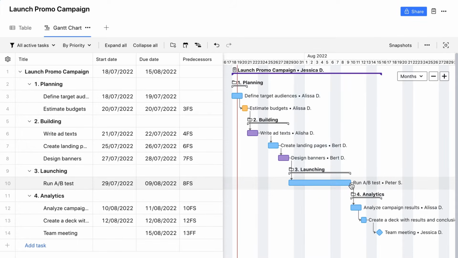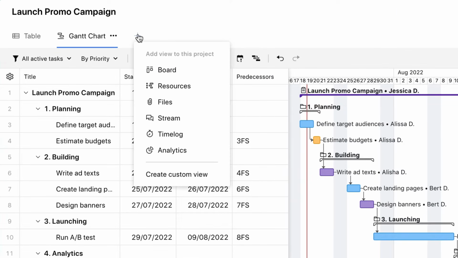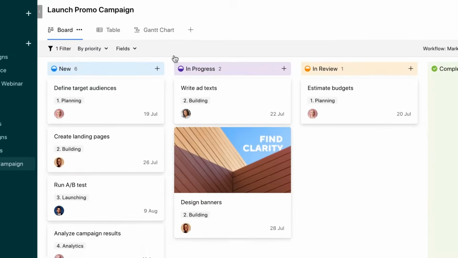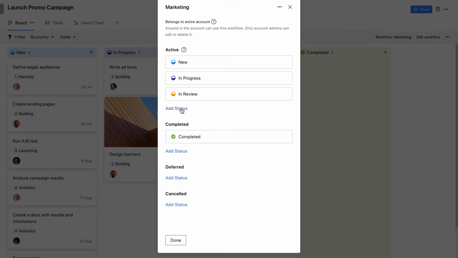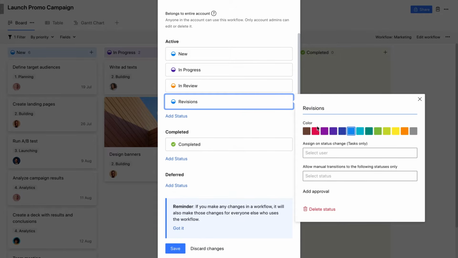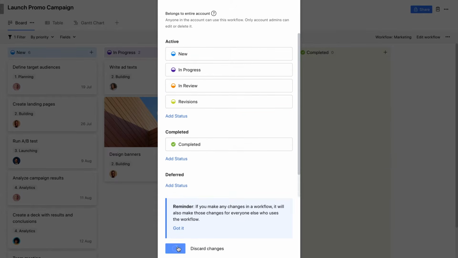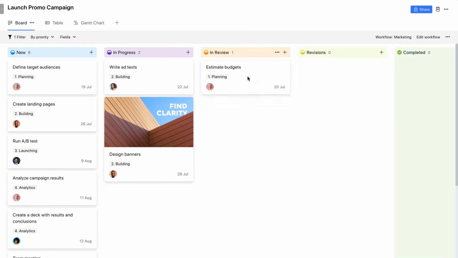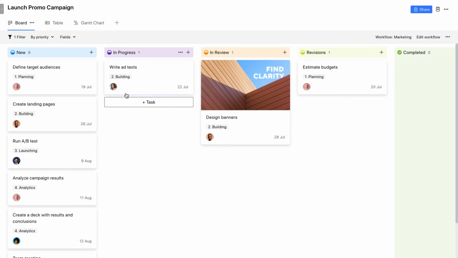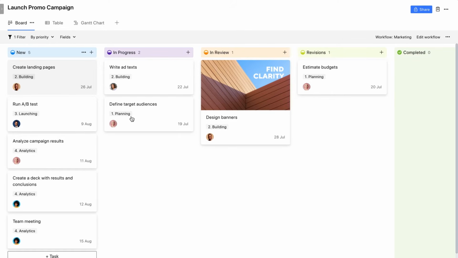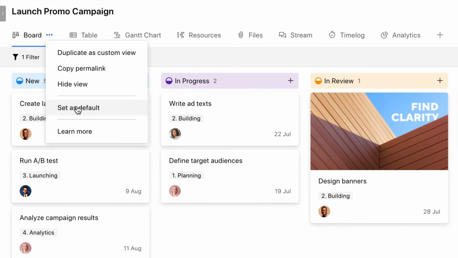The beauty of the Gantt chart is that you can adjust the schedule of your entire project with just a few clicks. Teams that use an agile methodology may prefer the board view, which shows tasks as tiles on boards grouped by status, so you can track progress according to your workflow. Statuses can be customized to reflect exactly how your team works, and Board View provides easy access to these settings. Move tasks between stages with ease. Quickly identify team bottlenecks and make better decisions to move your work forward. When you decide which view suits you best, set it as the default for each project.